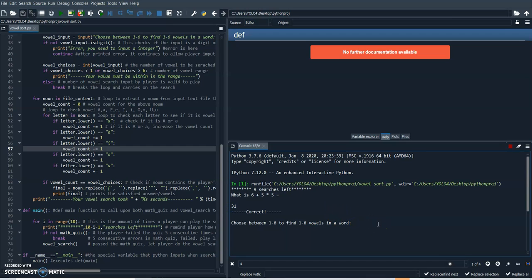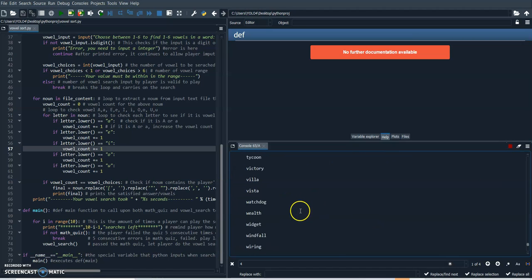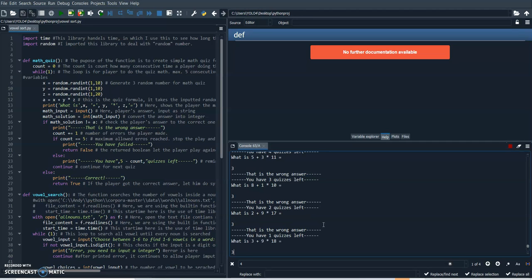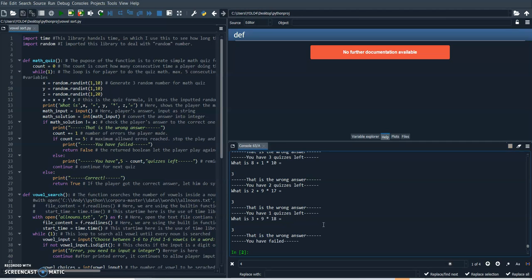And find a word in the range of 1 to 6 vowels in a word. So let's say we want to find 2 vowels in a word. It'll give us all of the words that have 2 vowels. Boom, right here: Minecraft, witchcraft, and all this here, which is all imported from our text file called allnouns.txt, which I'll elaborate on later. And of course, if you get this wrong,